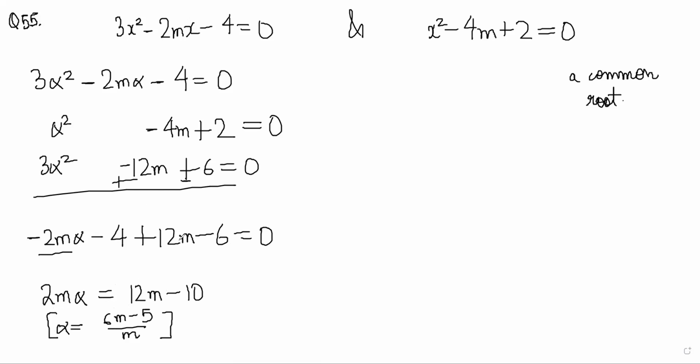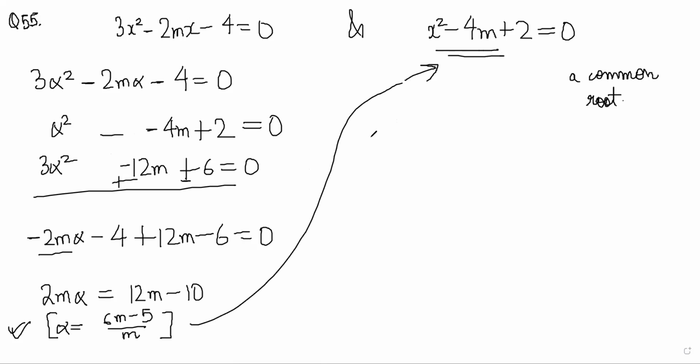Now, since the second one doesn't have an alpha term, we don't need to solve for that. You have eliminated alpha square and immediately got alpha. You cannot subtract away the 2m alpha and get alpha square, so I think you just substitute in. This should satisfy the second equation.